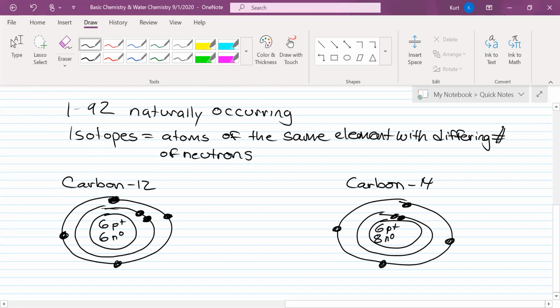Carbon-14 is radioactive. We use it for carbon dating to determine the age of ancient organisms or artifacts. It could be King Tut's tomb, it could be a pyramid, it could be a Tyrannosaurus Rex. You often hear a lot about carbon dating in media. There are movies like Captain America Civil War or Prometheus or Transformers where they mention carbon dating a lot to determine the age of older